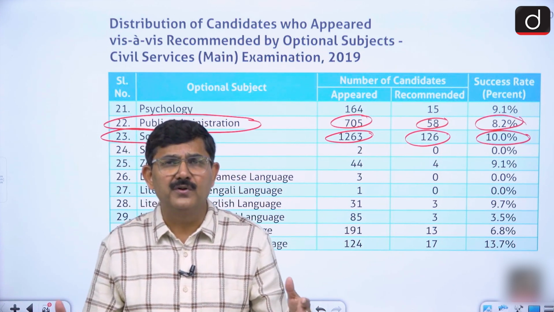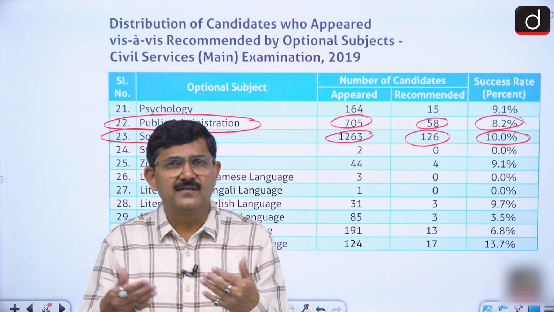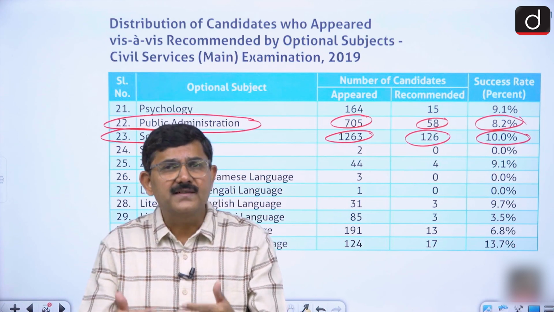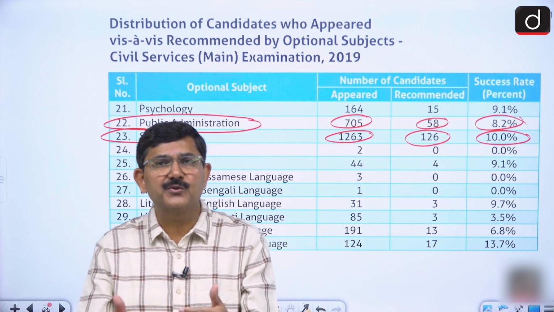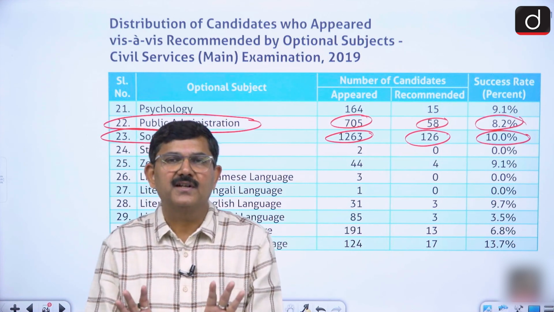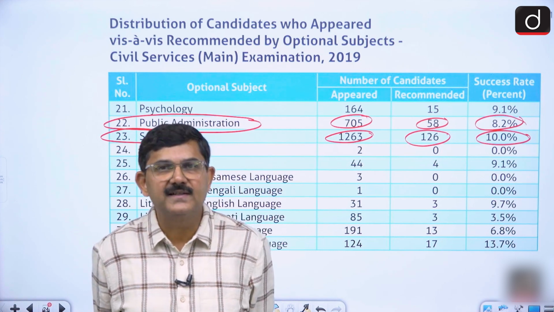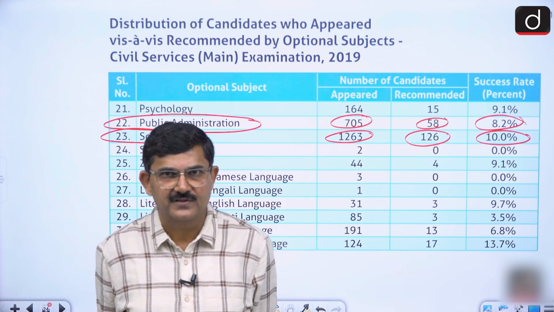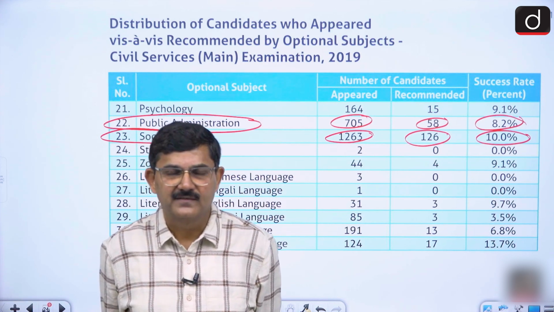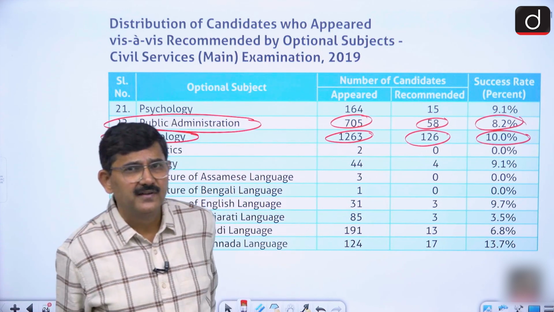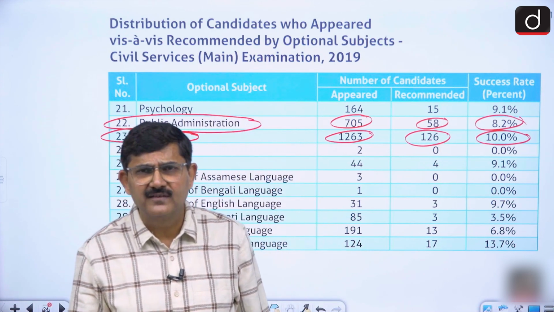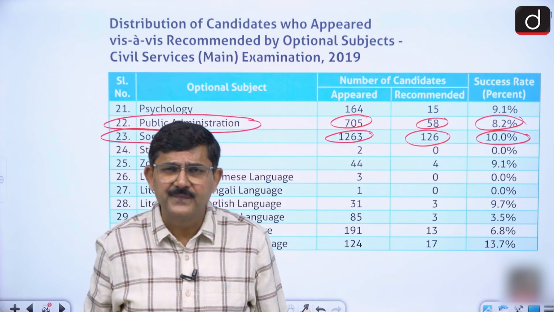There are so many questions from social issues, and on social issues you already have a good command. You are able to answer them in a very rational manner on the basis of the inputs already there in your mind. Yes, so in the interview also you are going to do very well. For all these reasons, sociology is definitely a good subject. In fact, I can say the best in humanities. The reality is that maximum candidates opt for humanities only, as we have taken a few of them.